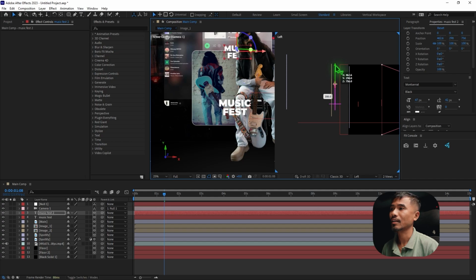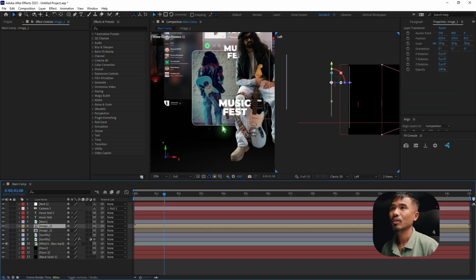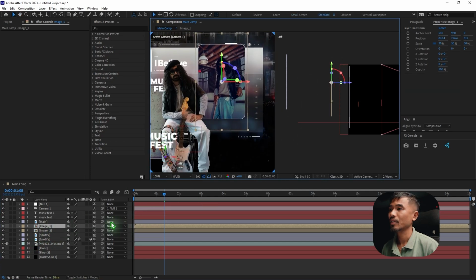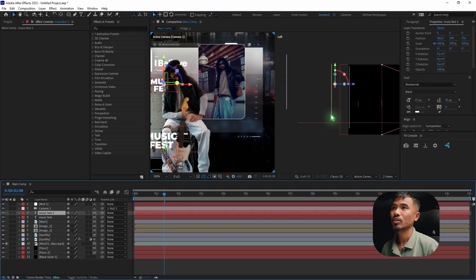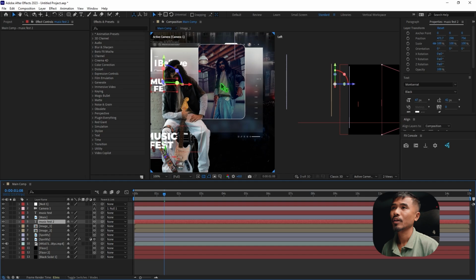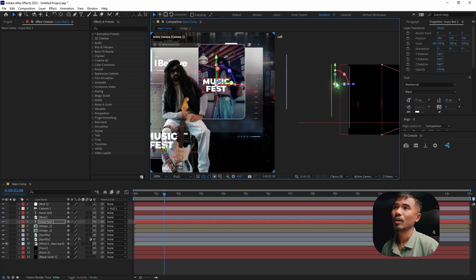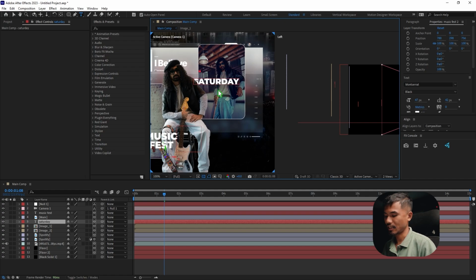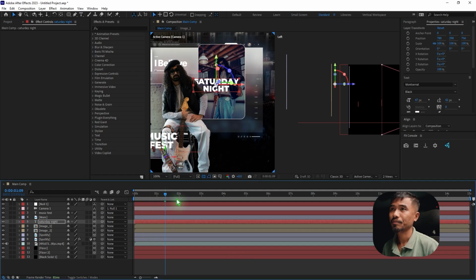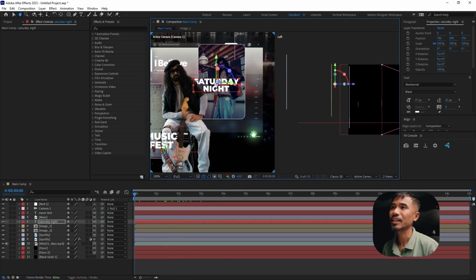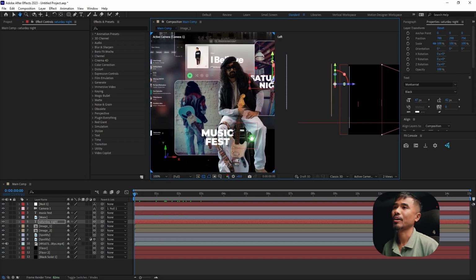here, the image 1. So which is the Music Fest 2, just above here. So I'm going to rename this Saturday Night or something like that. You can rename your own. So that's the placement you want. So these are the 2 texts that I want to place, and I'm going to animate the camera across this